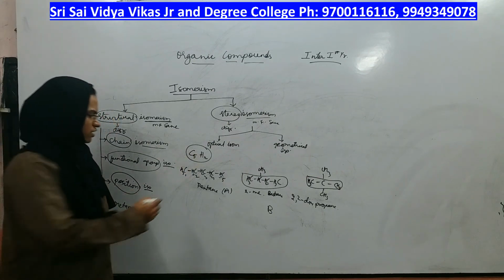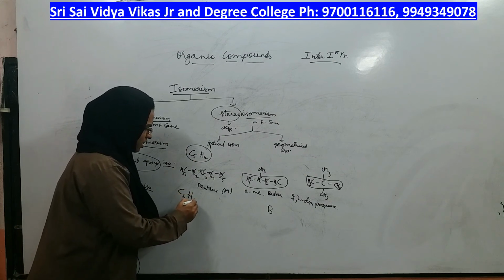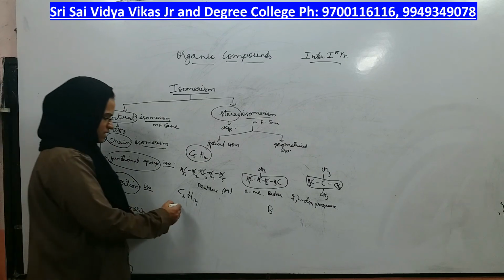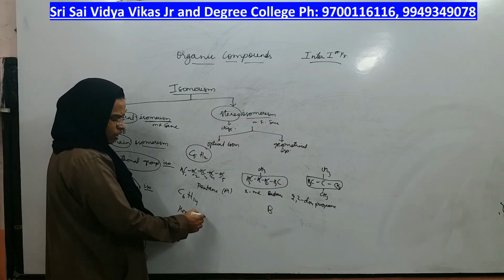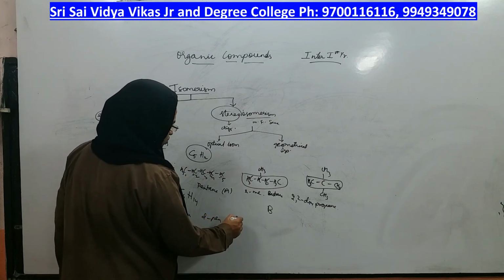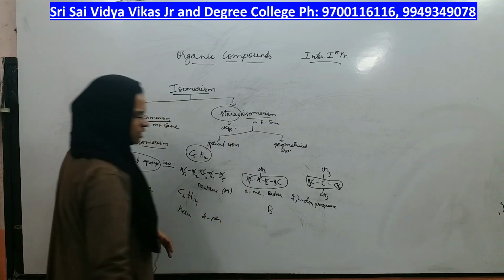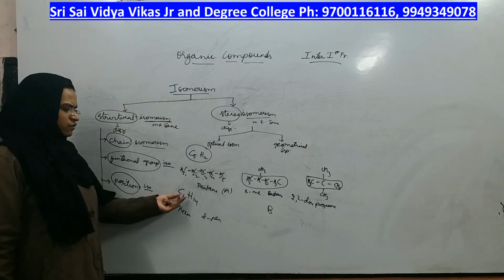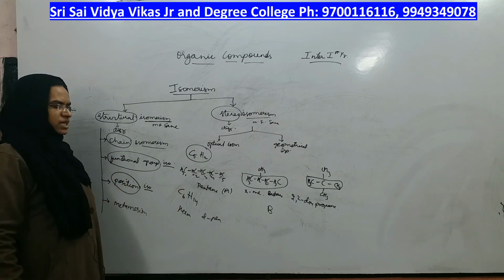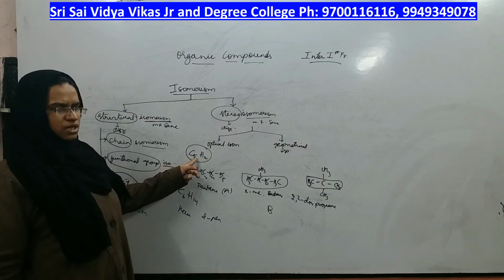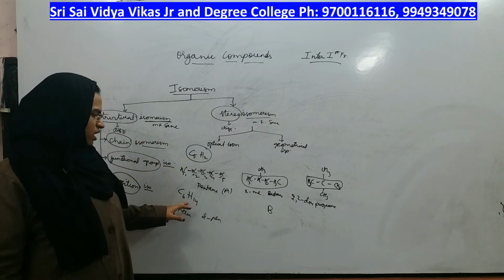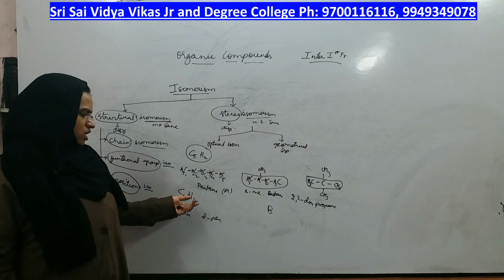But if the molecular formula is C6H14, you can get hexane, or you can get 2-methyl, 3-methyl, anything, pentane, or dimethyl butane, or trimethyl propane, right? If you increase the number of carbons, the number of chain isomers will increase. If fewer carbons are present in the molecular formula, the chain length will not change that much. If more carbons are there, you can get more structural isomers, right?